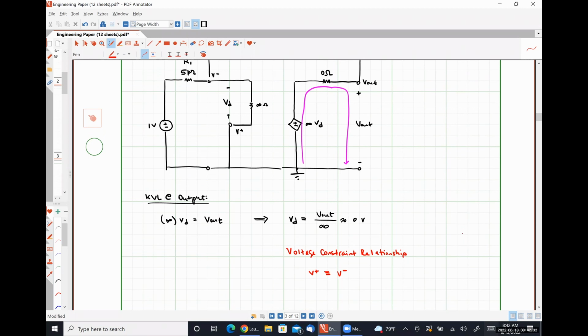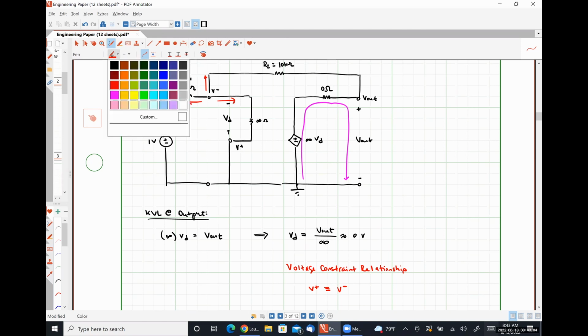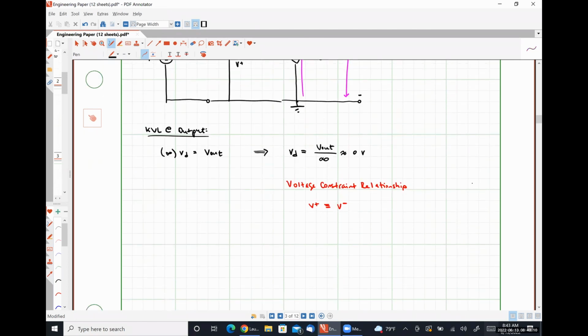So with that observation, we can now apply Kirchhoff's current law at our inverting input node. We will actually see our other ideal op amp rule comes from this analysis as well. What I mean specifically here, so KCL at